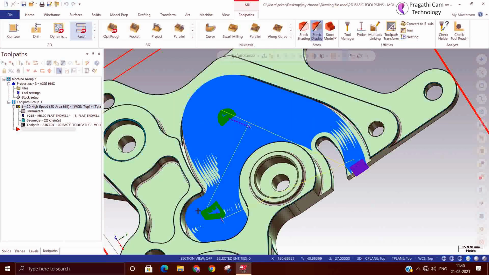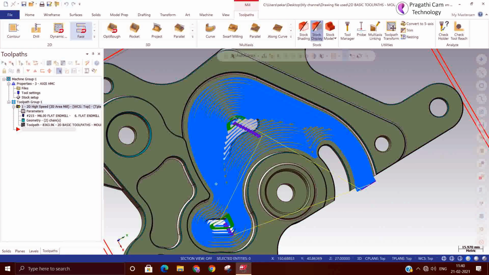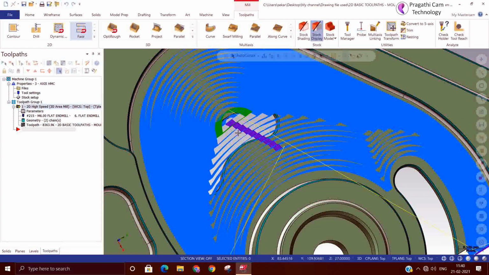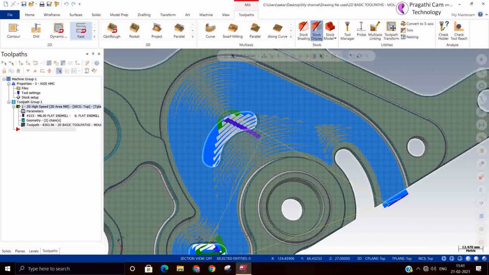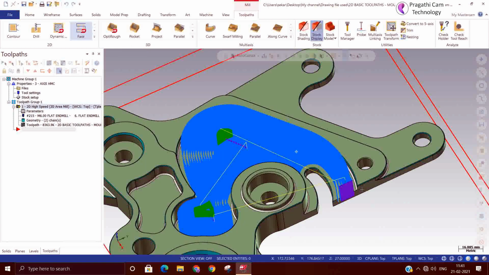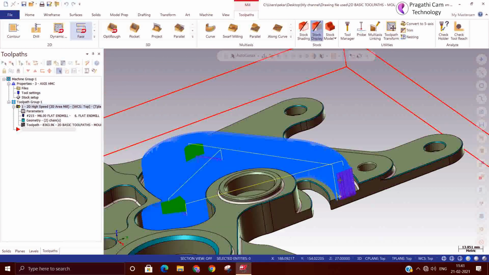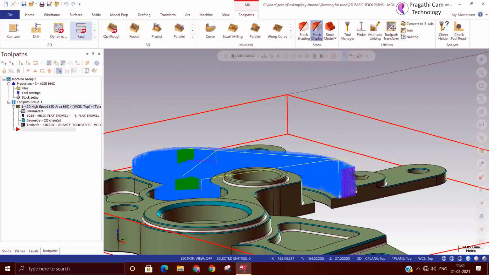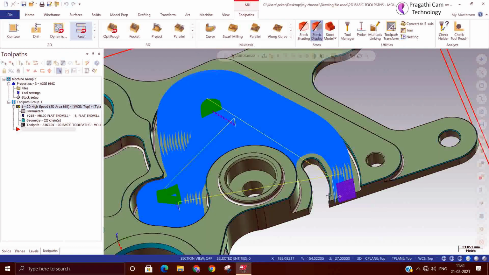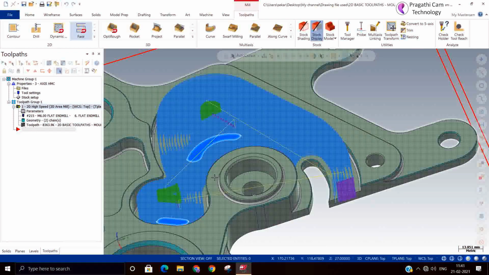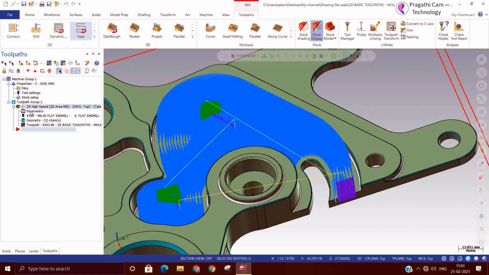Actually we selected the profile only. You can see automatically it understands where there is an open space. There it takes the lead in and lead out. These toolpaths are little intelligent toolpaths, and you no need to tell much here.